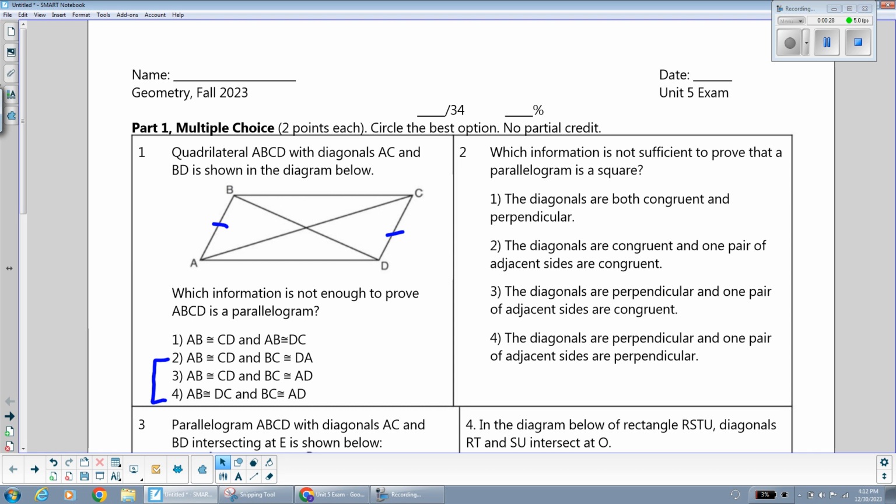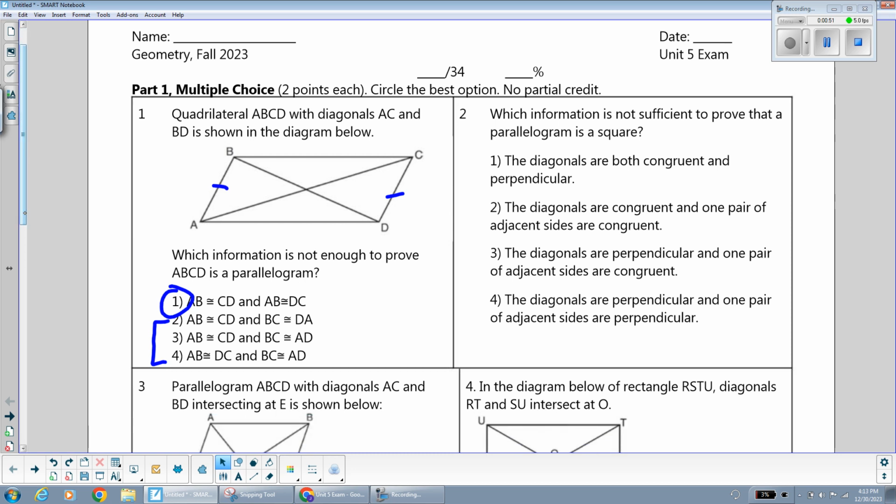So with that information, there's only one pair of congruent sides. The other three answer choices have both pairs of congruent sides, making it a parallelogram. So due to the error in the answer choices, the only answer choice that could be it was answer choice number one. Okay. Number two, if we're showing that we don't have a square, then it needs to not be